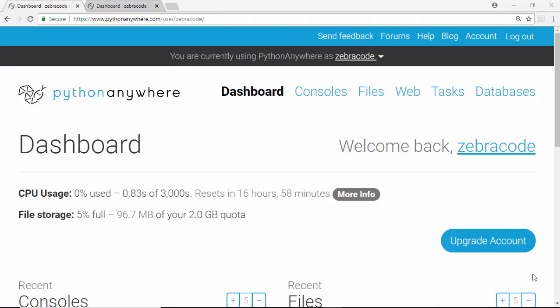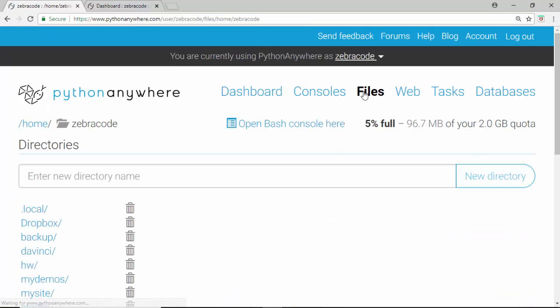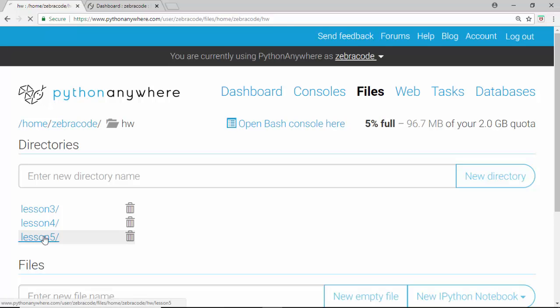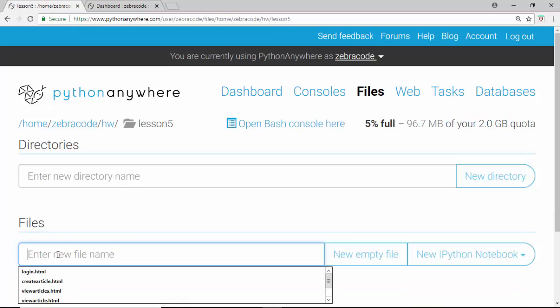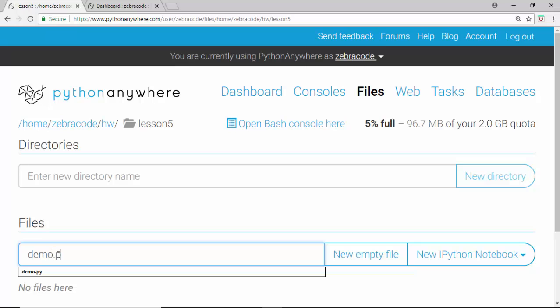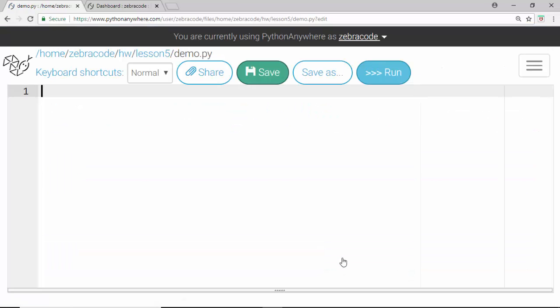This is zebracode.io, and we're on lesson 5, and we're learning about for loops here, and this is a demonstration. You should have reviewed all of the concepts and seen the basic constructs, and now we're going to go to our Python Anywhere environment. You can also be doing this on your PC, either way, and we're going to be working in two tabs. One, we're going to have the files, and I'm going to create a file here called demo within our homework lesson 5 folder, and it's a .py file,